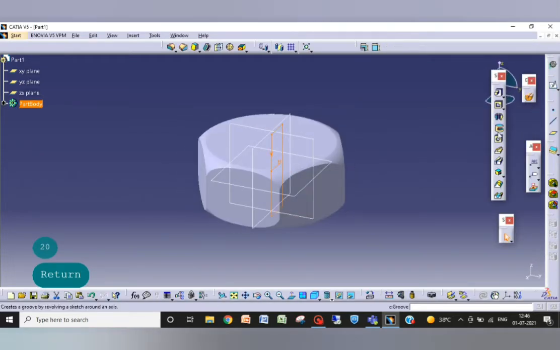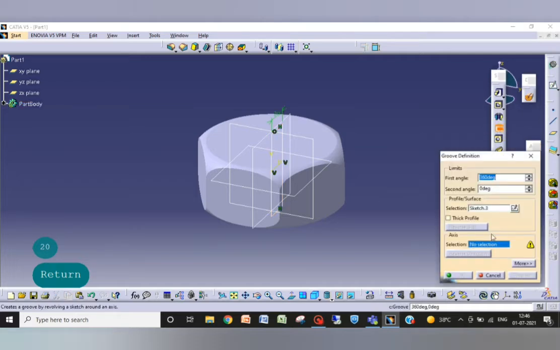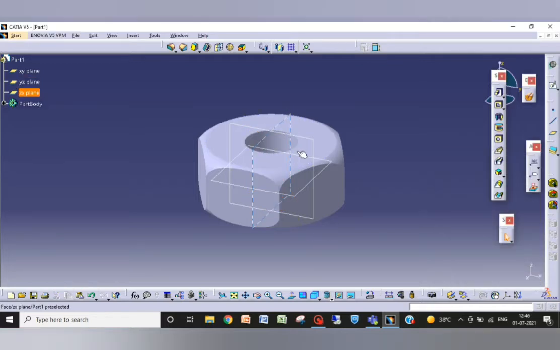Now give the groove command to this about the same vertical axis, and okay. We have a nut hole there, giving a chamfer there.